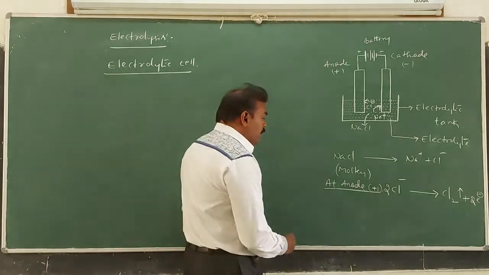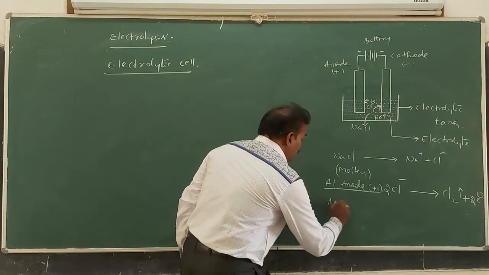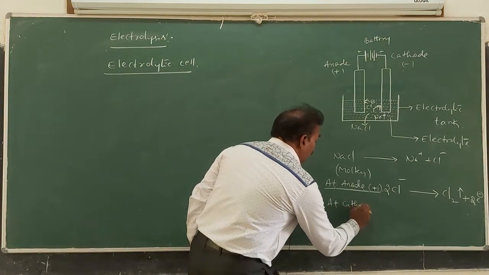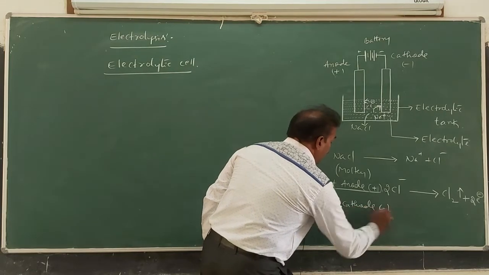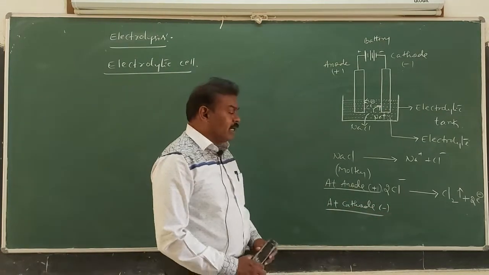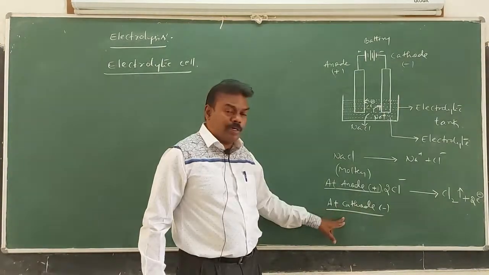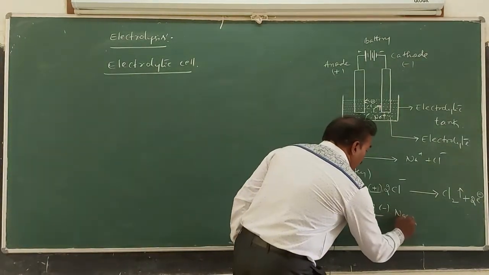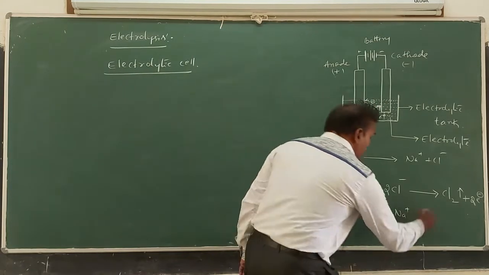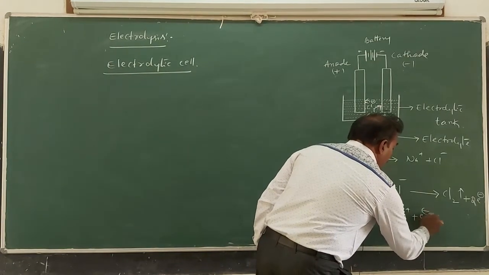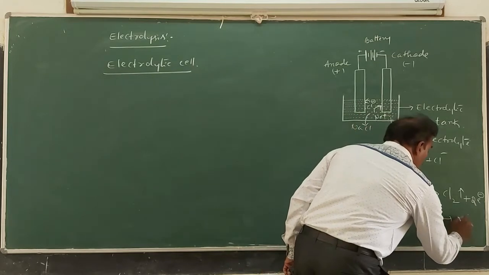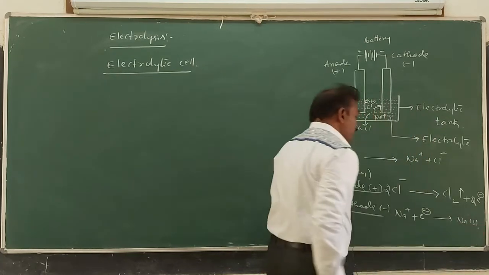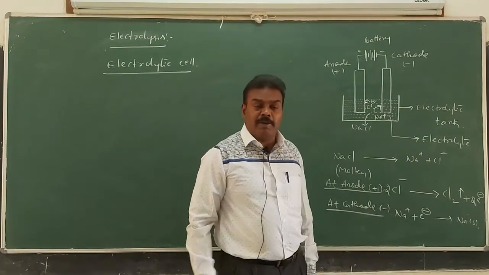Now you tell me, what is the reaction taking place on the cathode? Charge on the cathode will be what? That is negative only. Why is it called cathode? Cations will be moving towards that electrode. It is called what? That cation. Now here Na plus will be there. It takes the required number of electrons, forming what? That sodium solid. Like this, the reaction will be taking place.